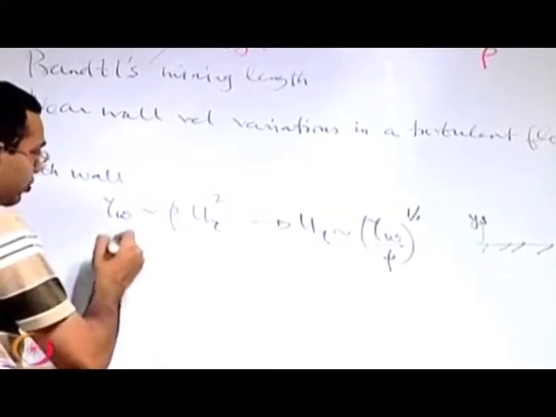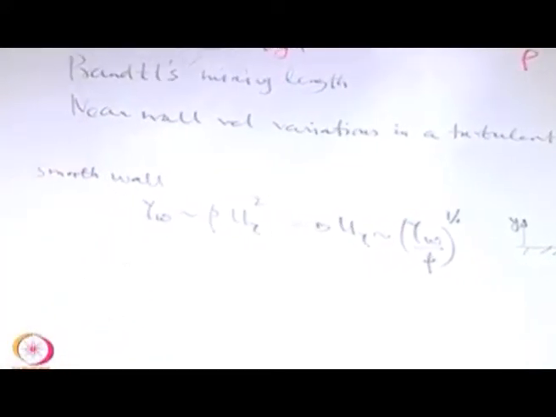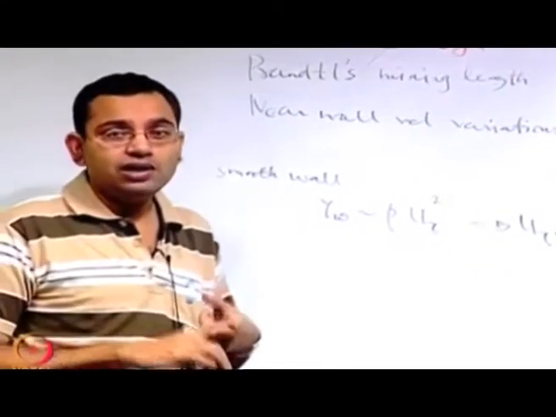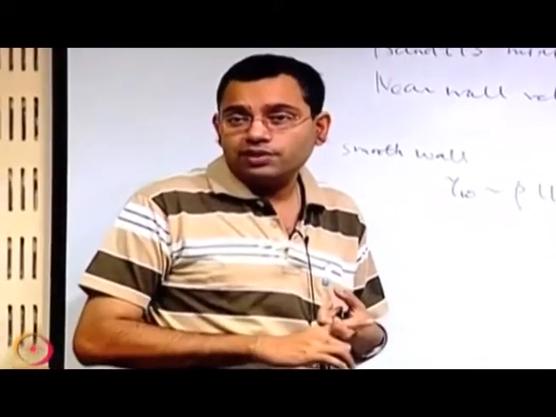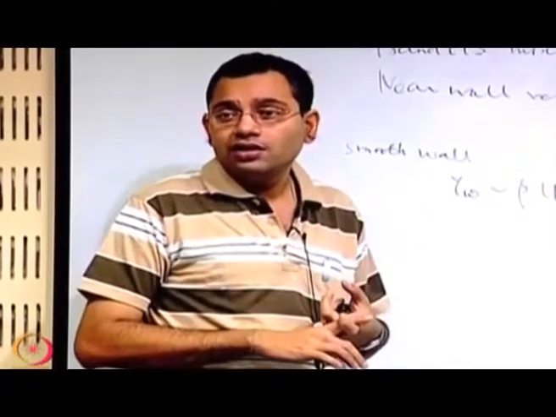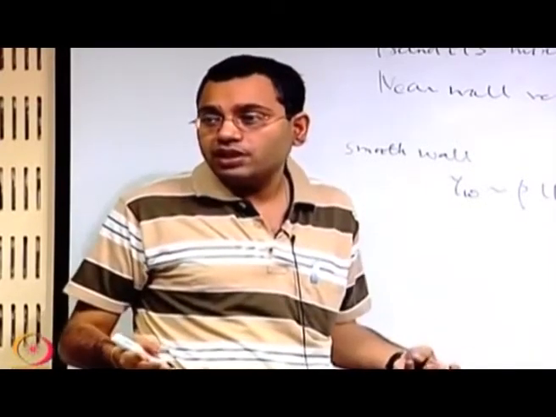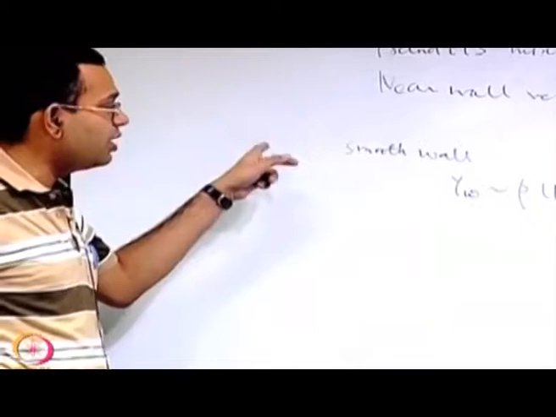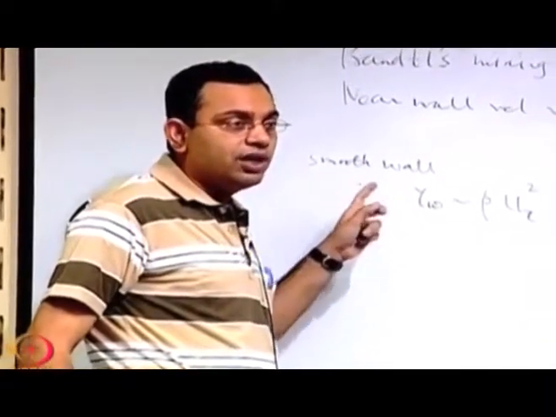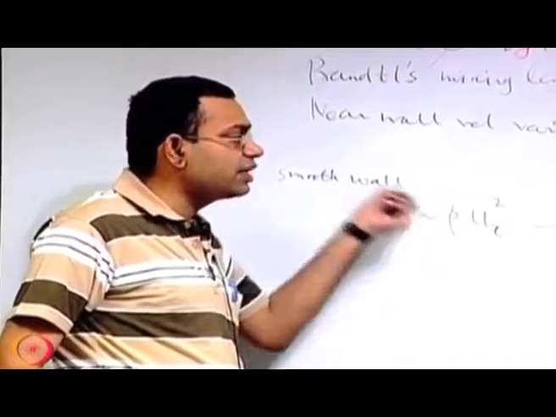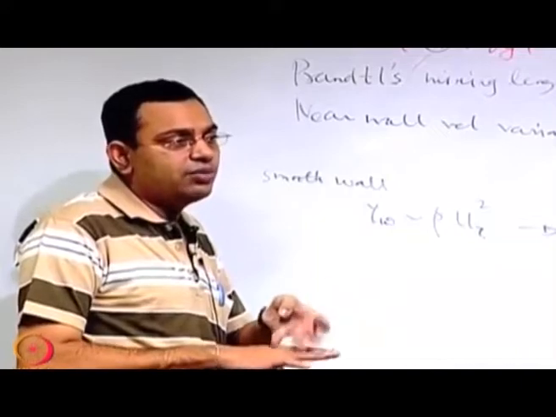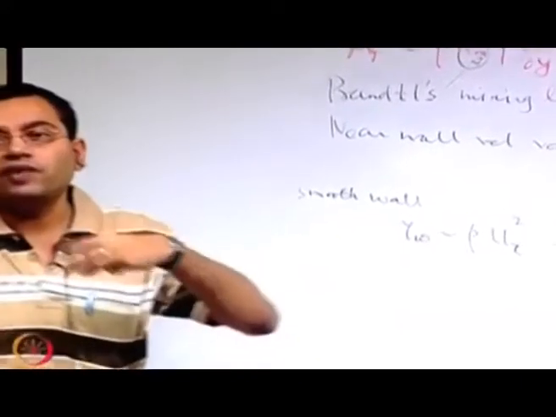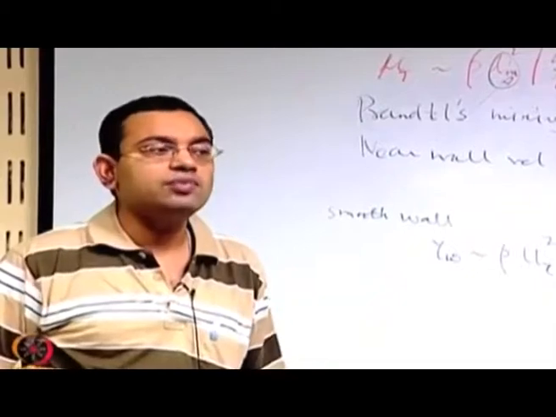Next, length scale. So, what is the important length scale? Close to the wall, if it is a smooth wall, the wall roughness may not be an important length scale, but if it is a rough wall then the wall roughness itself may be an important length scale. But here since wall roughness does not come into the picture, we have a length scale that is solely dictated by the physical mechanism within the fluid, and very close to the wall whatever is happening is an effect of energy cascading from the large eddies to the very small eddies.